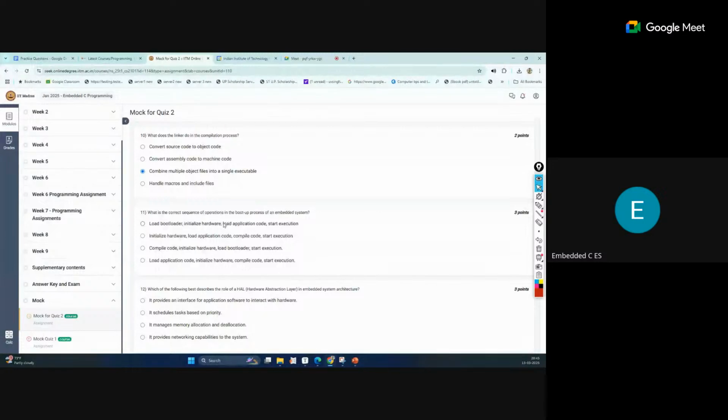And then the application: in an embedded system, our code is already loaded on the system, so that will load and run. So this is the sequence of steps in the boot up process for an embedded system when we turn it on. So the first option is the correct one.